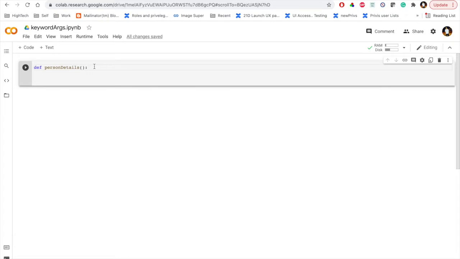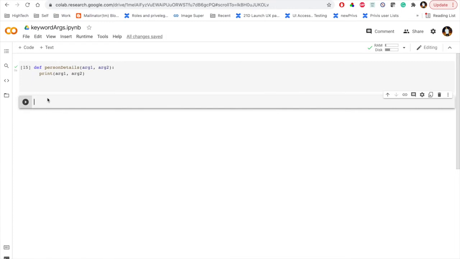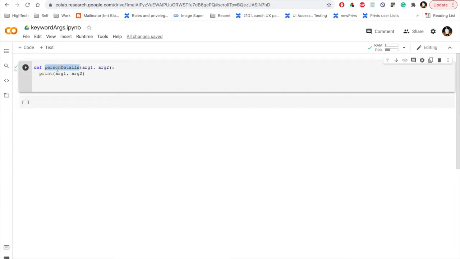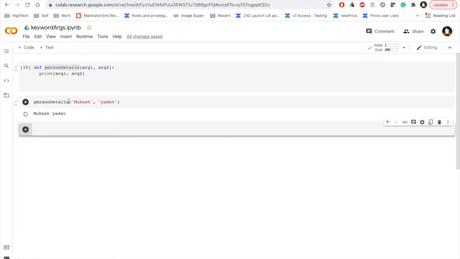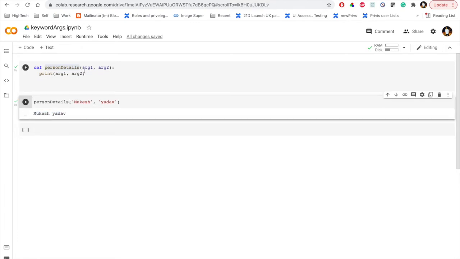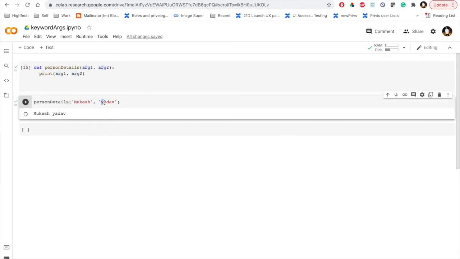Here I'm creating one function named person details, and I'm giving two arguments, argument 1 and argument 2, and then I'm going to print argument 1, argument 2. Now when I call this person details function, I have to pass some details: argument 1, let me give my name Mukesh, and the second parameter Yadav. Let's compile. We are getting the output Mukesh Yadav because I'm giving two arguments and passing the same number of arguments while calling this function.